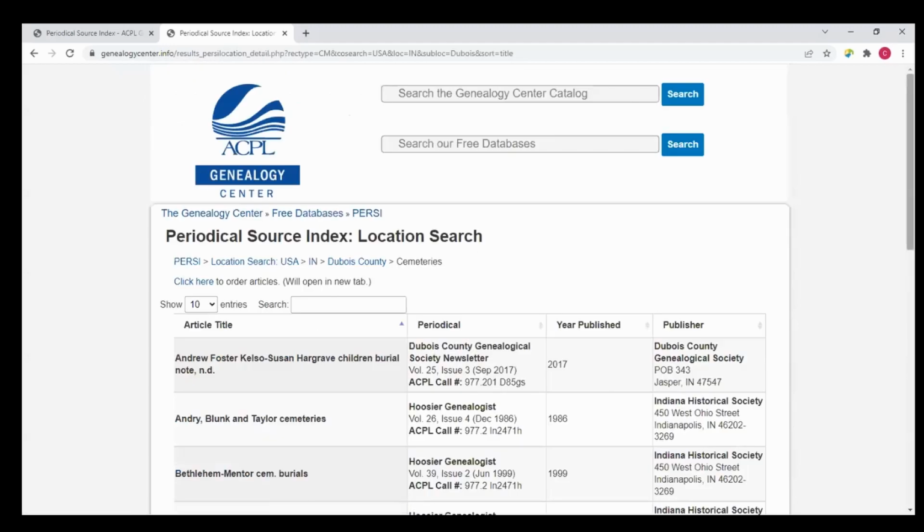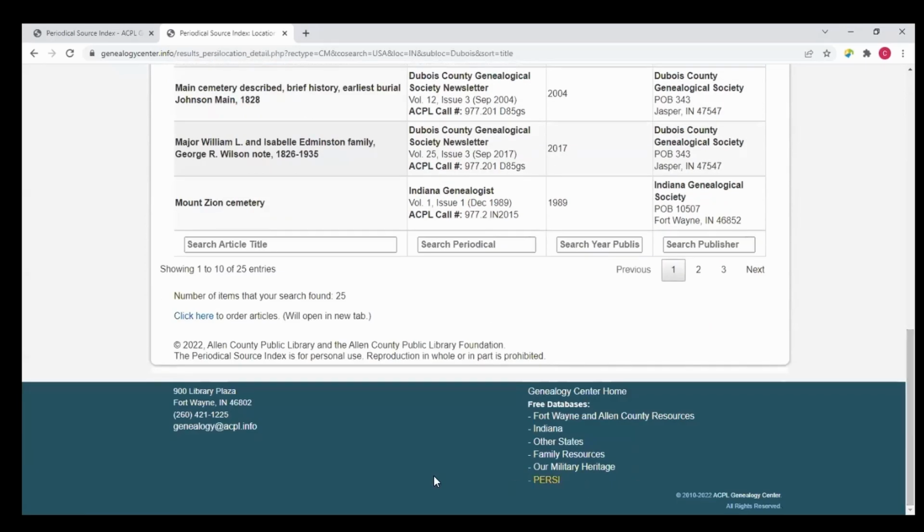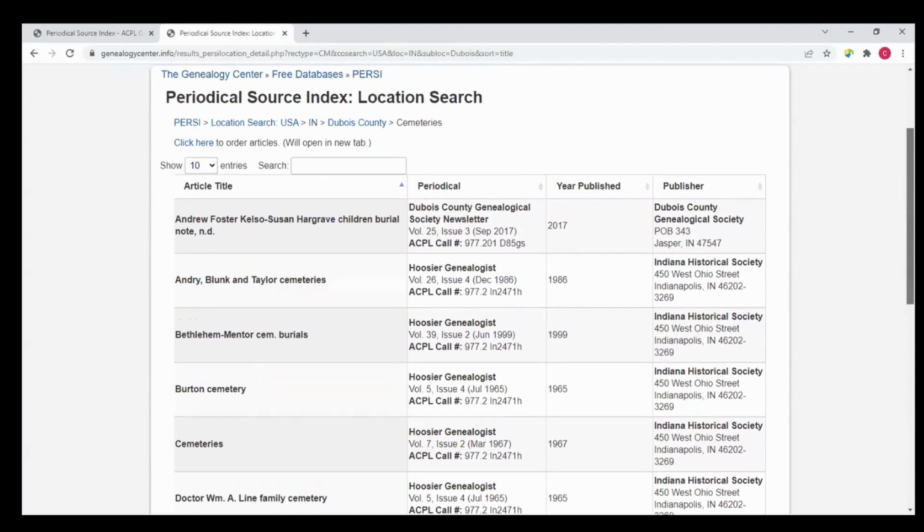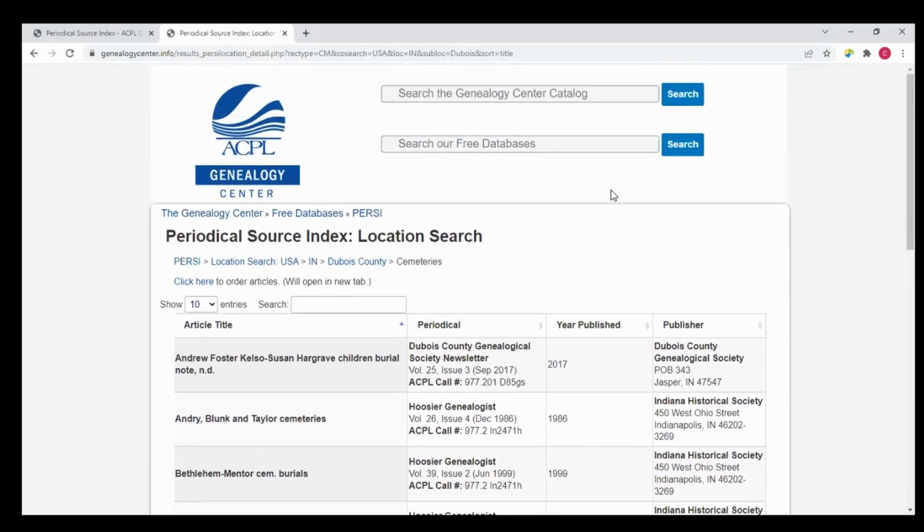Scrolling down to the bottom, we can see that there are only 25 entries in all of the 3 million PERSI entries for Du Bois County cemeteries. Kind of surprises me because they've had an active genealogical society for a long time, but clearly they focused on other things. So we're going to take a look at some of the features of free PERSI online.